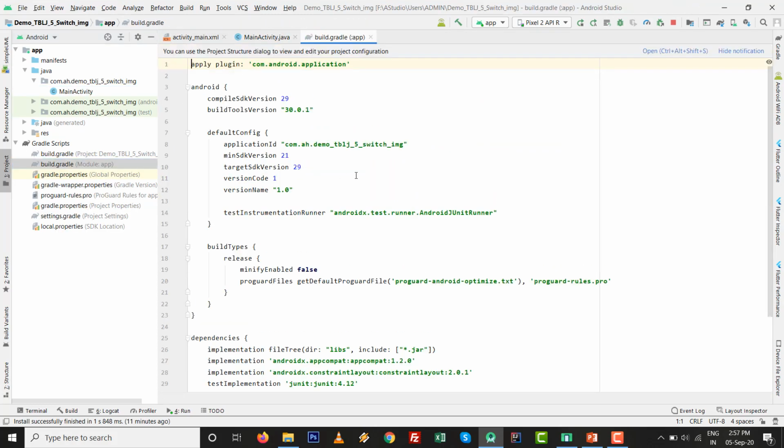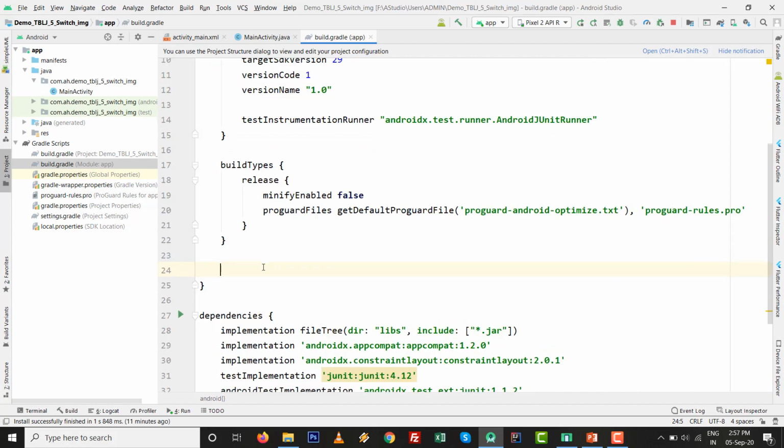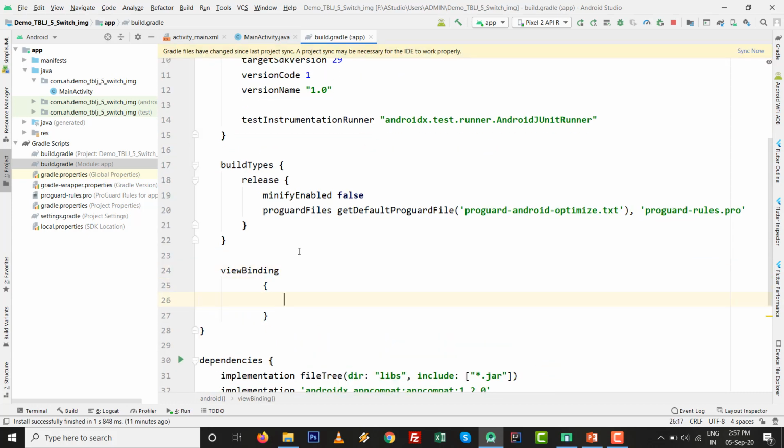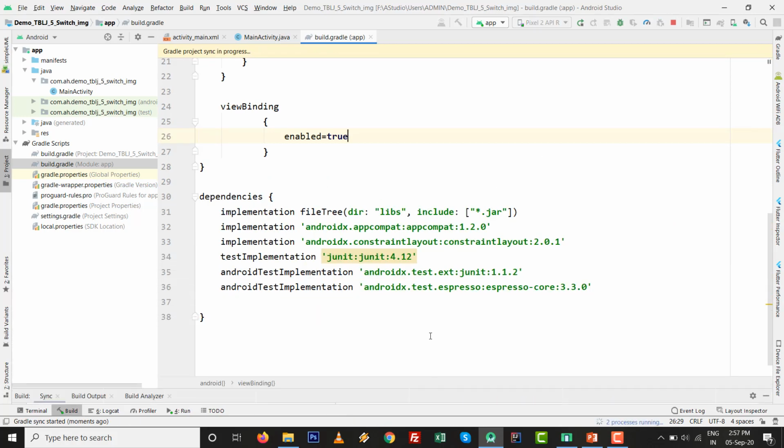I go to the build.gradle file and just type viewBinding enabled equals true. Make sure your internet connection is on and click on the Sync Now button.